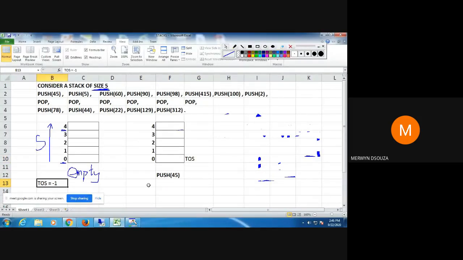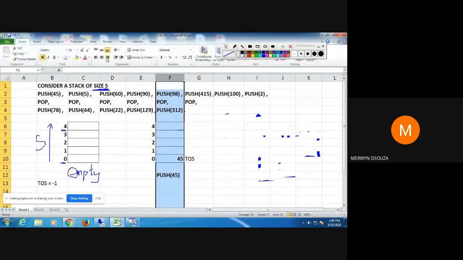Now top of the stack is at index 0 of the array. That means wherever top is, the pushed value will get inserted there. When I push 45, 45 will get inserted in this row at this index. Got it?